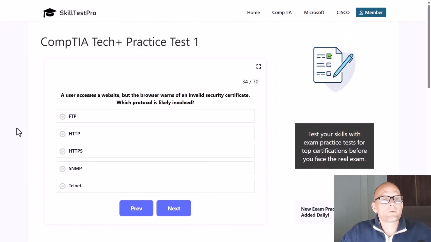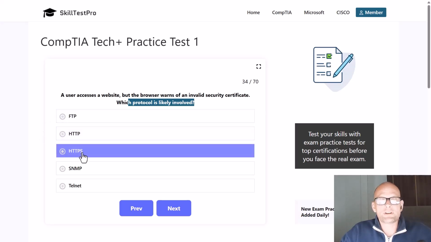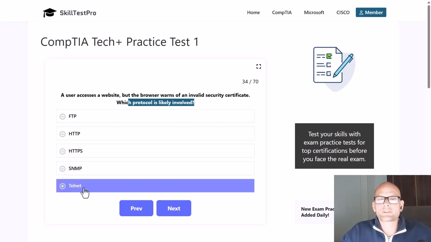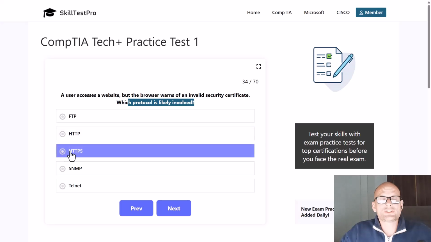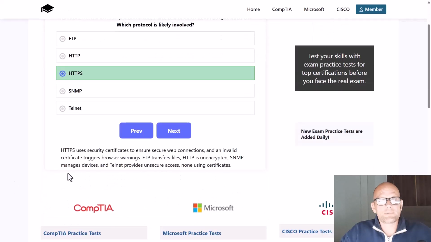A user accesses a website, but the browser warns of an invalid security certificate. Which protocol is likely involved? So with your browser, when you are trying to access some website, there is a warning that there is an invalid security certificate. Which protocol is likely involved? FTP, HTTP, HTTPS, SNMP, or Telnet. And the correct answer here is HTTPS, which is Hypertext Transfer Protocol Secure, as HTTPS uses